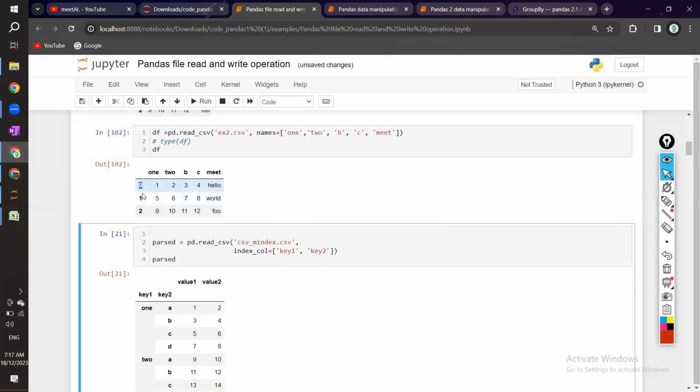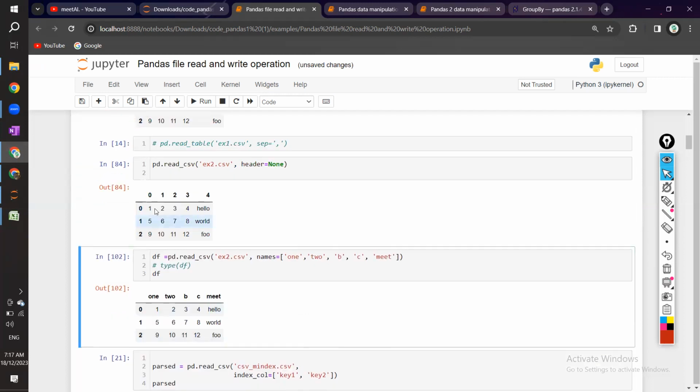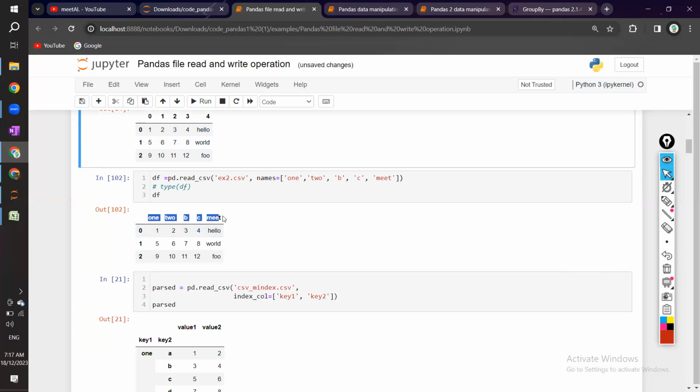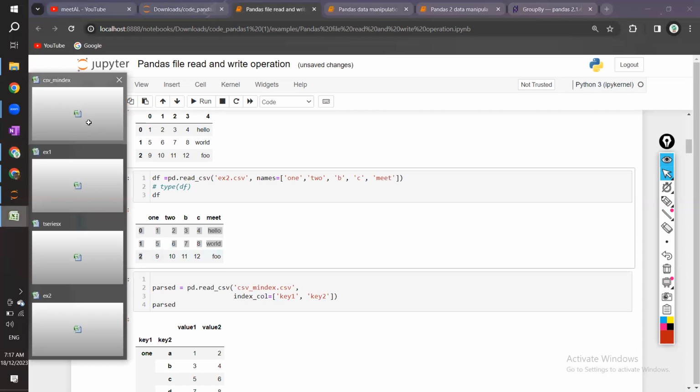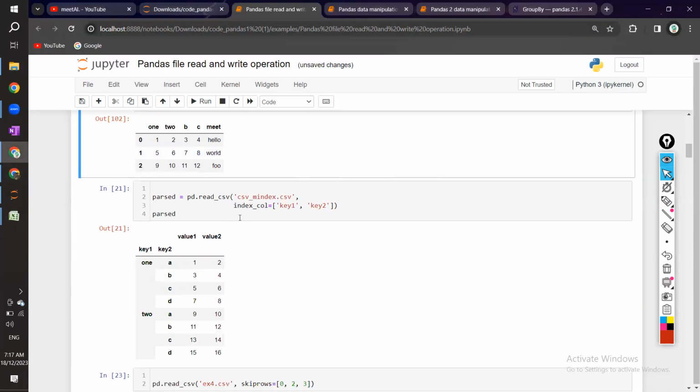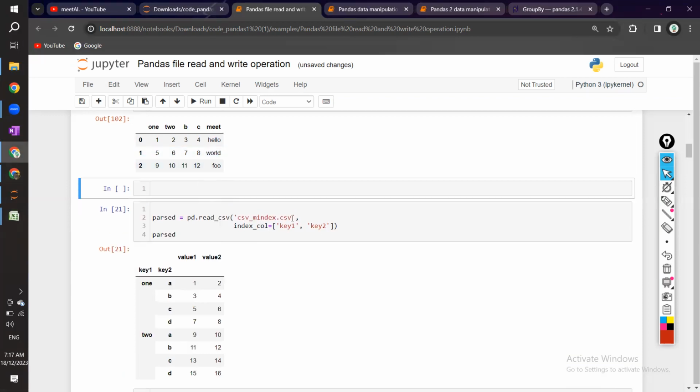These are the indexing 0, 1, 2. By default, you have 0, 1, 2 as the row indexing. Column indexing will be the column names, but the row indexing is usually 0, 1, 2. Agree? So for now, for example, over here, if I have